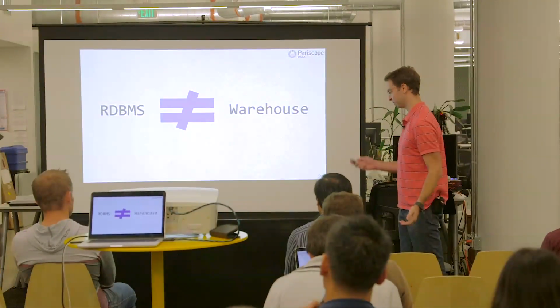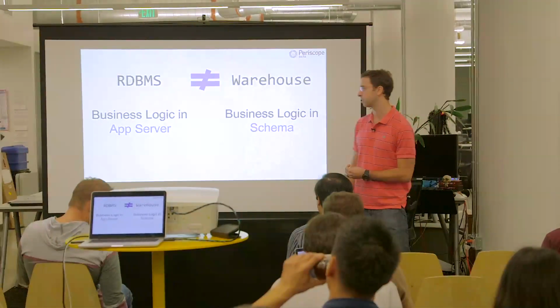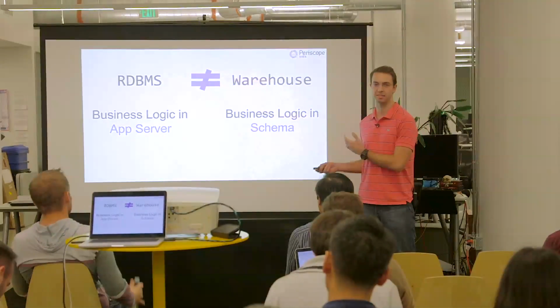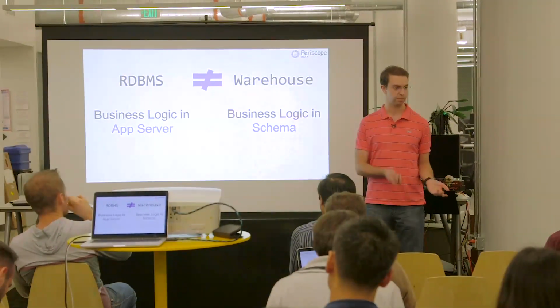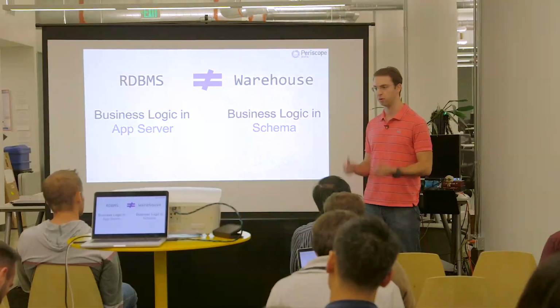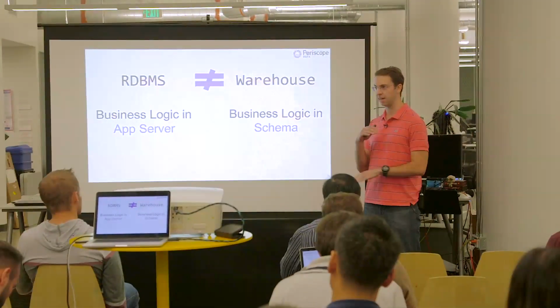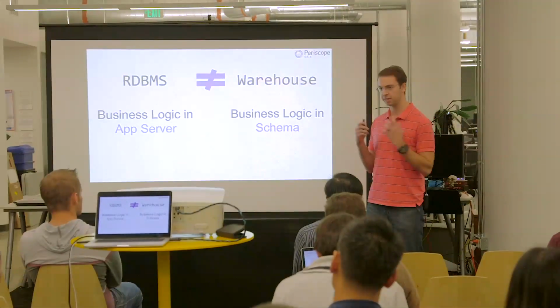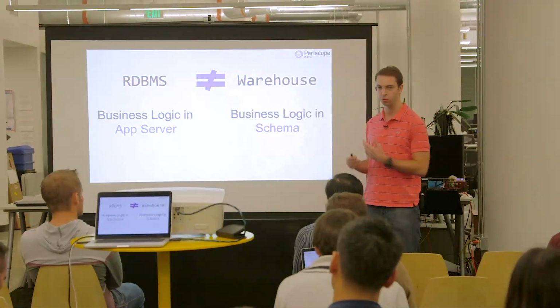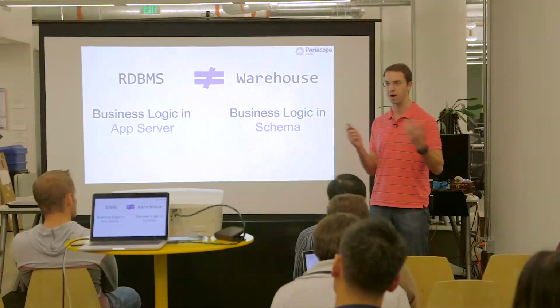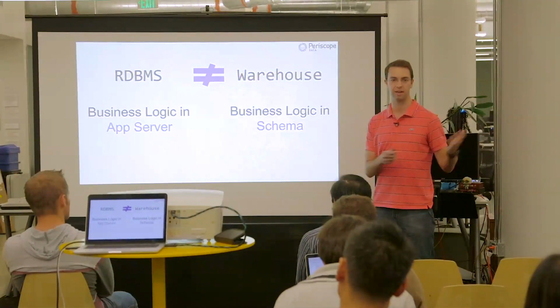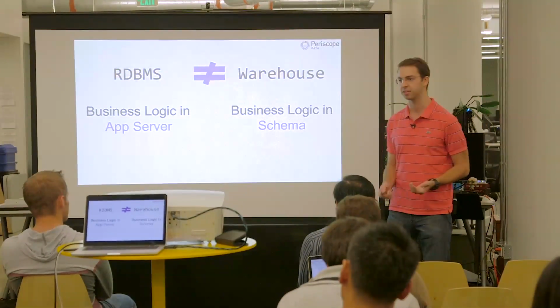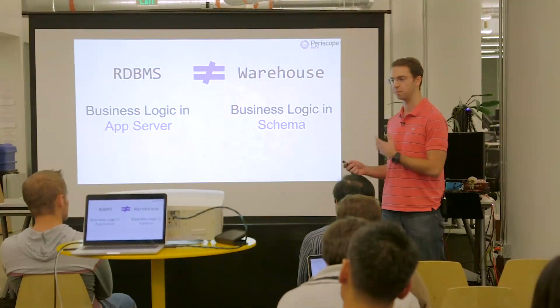So cool, so data warehouses are special because the business logic is baked into the schema. Right, when you're running a database, it's going to be behind Node or Django or Rails, and that language has a bunch of code in it to say how your business works. But if you're the data analyst working on your warehouse, there's no Ruby, there's no Node, there's no Django, there's no models, there's no validations, there's no business logic. And so when you're building the warehouse, you have to build into that schema what it means for each column